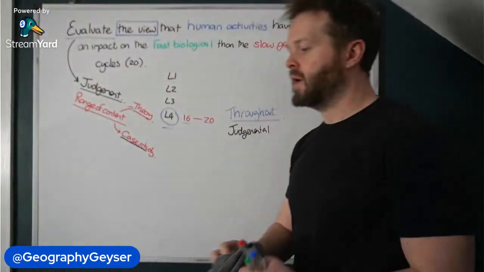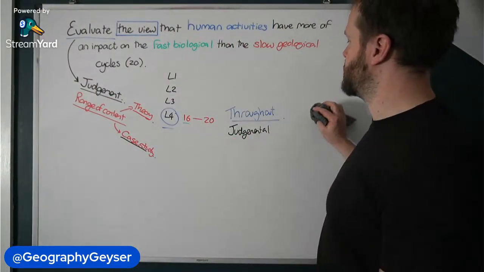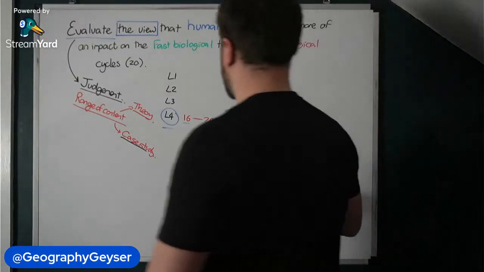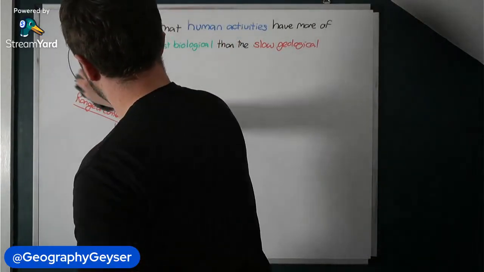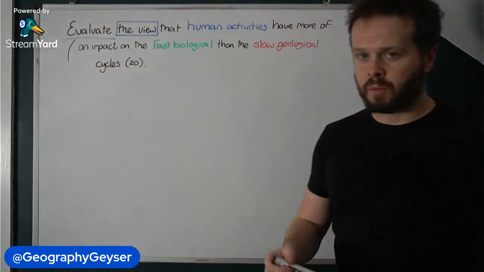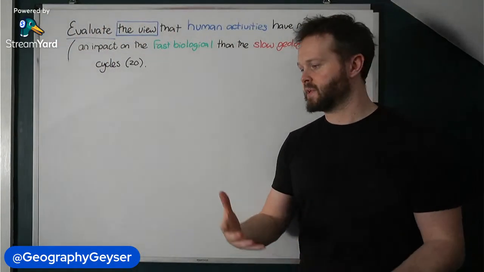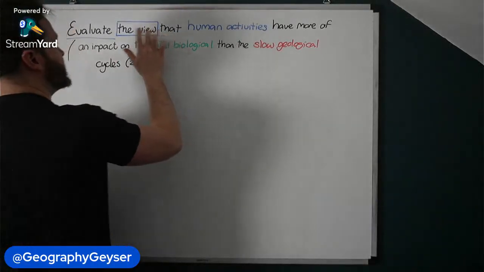So you can't necessarily think, oh, right, nailed it. Going to absolutely smash a 20 marker now. We've got to actually think what that means. So it's not necessarily the range of content that the students find the most difficult. It's finding your opportunities to make judgments and to agree or disagree with the view. So whenever you see this here, the view,